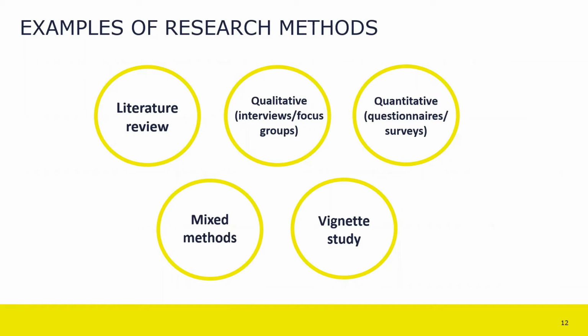And in the same way that when we define the type of data that we're going to collect from caregivers, the way that we collect it is also very specific to the particular research objectives, the situation, the questions that you want to answer, the cohort that you're looking at, and the time and the budget that you have available to do that. So we would typically select the most appropriate research method based first on the study objectives, and